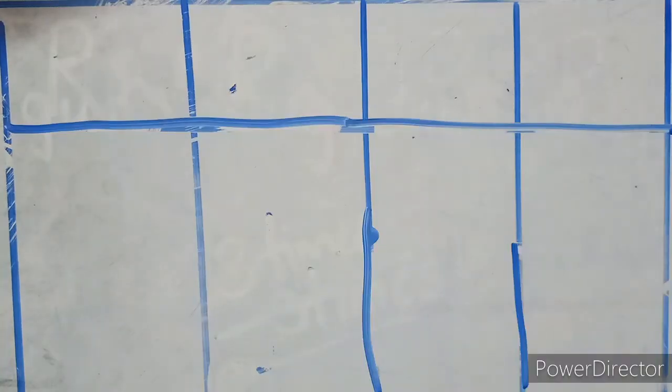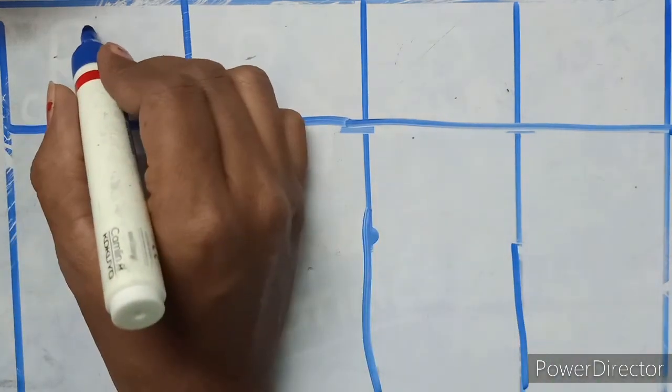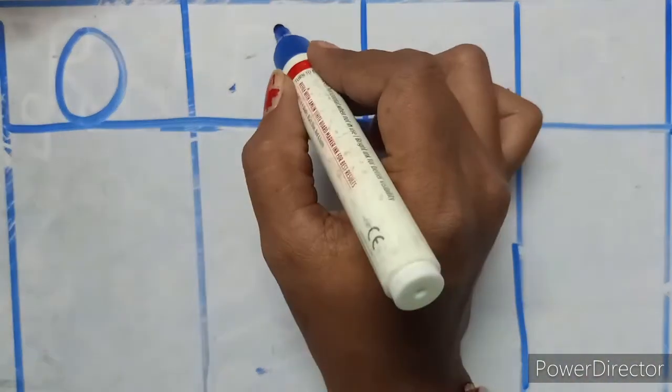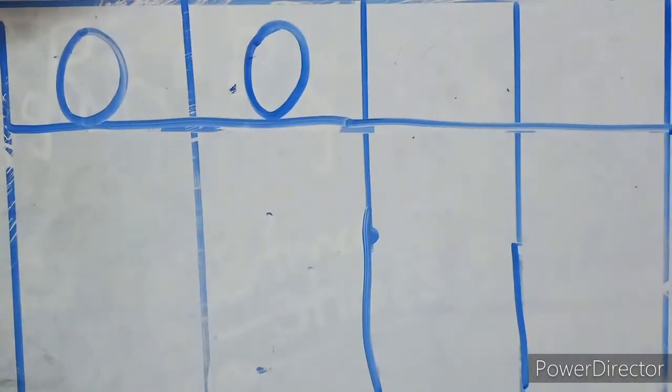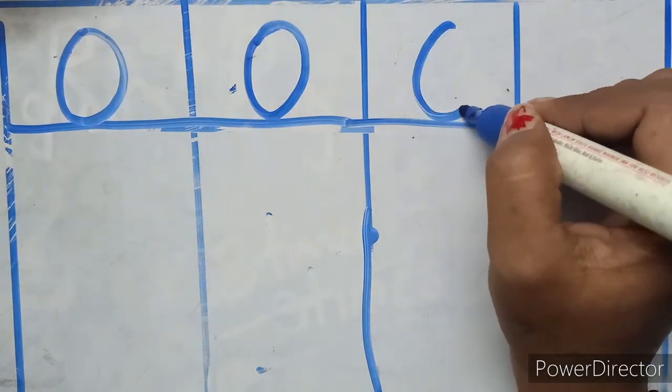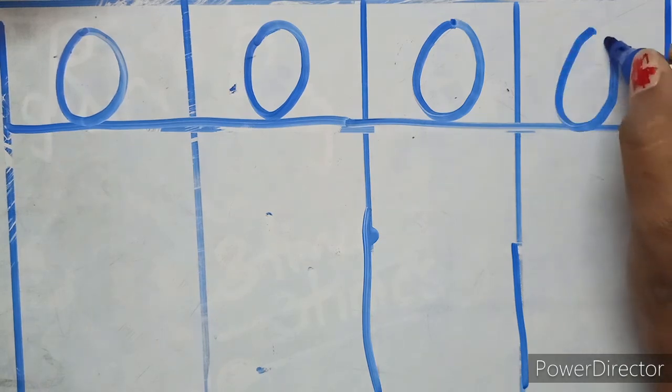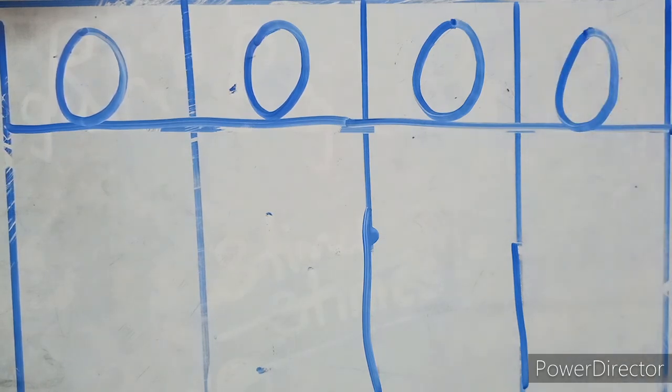So you have to write in your notebook. Parents, kindly help your kids to make this kind of rows, lines, so that they can write down the letters O and P in their notebook. So we'll just write it. Capital O, O for orange. Each time when you write, you have to say and write. O for ostrich, O for oyster. Okay, you have to write 4 times in one page.